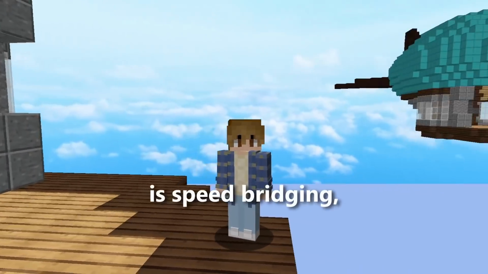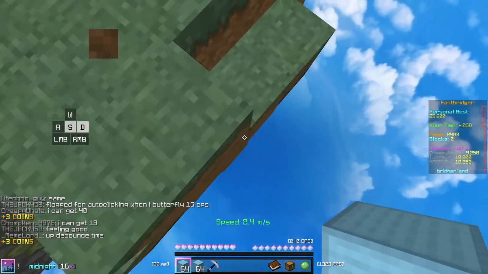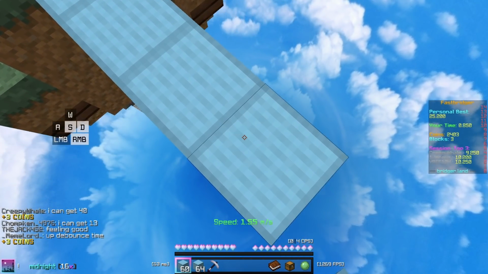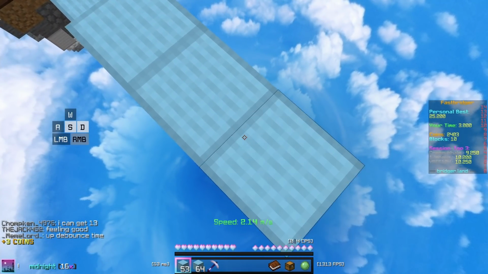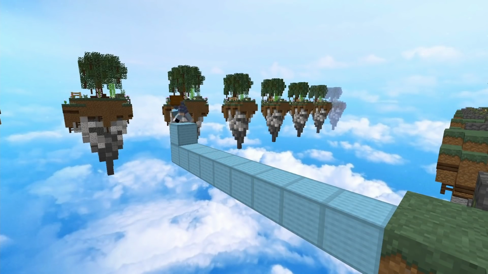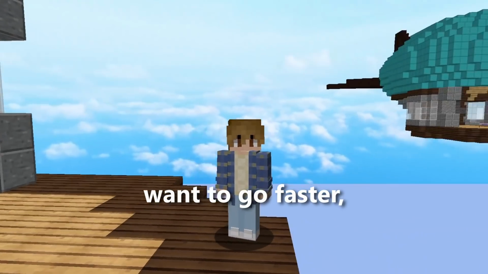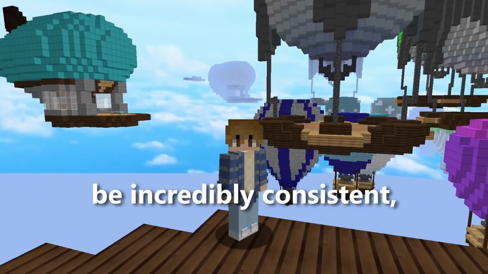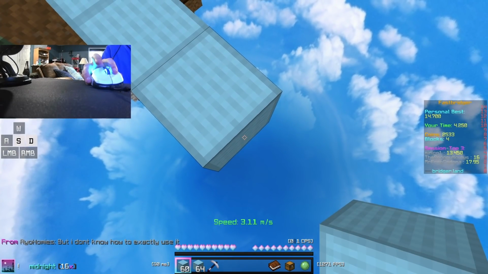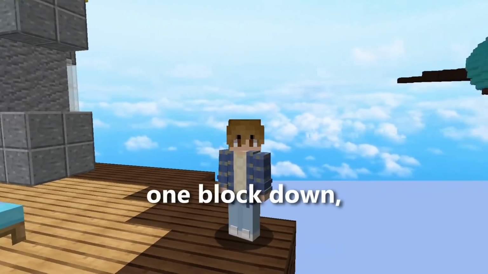The next bridging method is speed bridging. Now for this one, you want to do slow bridging, but you unshift at the start of where you place a block, and then reshift at the end. This will skip the short pause where you're not placing any blocks, and it makes your bridging a lot faster. You can speed bridge while holding down right click, or you can time the clicks individually. And if you want to go faster, then I suggest you time the clicks, but if you want to be incredibly consistent, then you can hold down the right click. I recommend practicing speed bridging one block at a time, because once you've got one block down, you just need